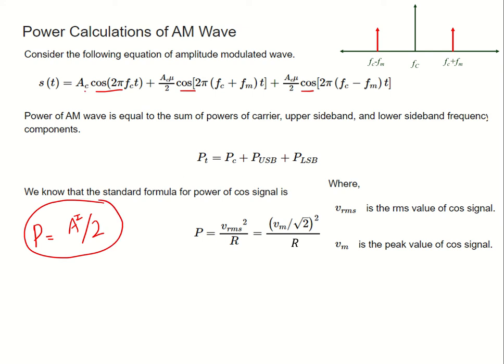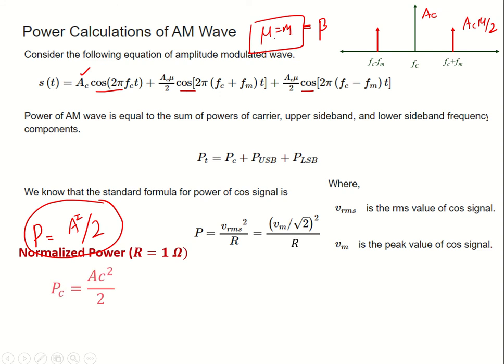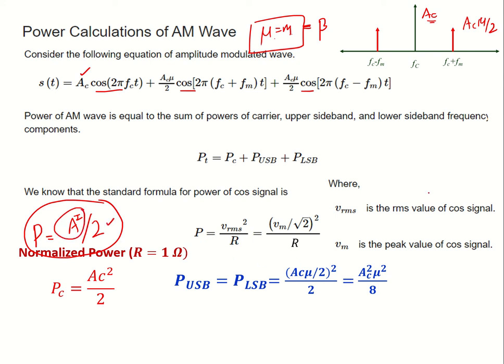Now here in this example, this is our carrier, and the carrier has amplitude of AC, and the sideband has an amplitude of AC mu over 2. So mu is basically the modulation index. Mu or m, as I told last time, we can use different variables for this: mu, m or beta. So the normalized power of the carrier will be amplitude square of carrier divided by 2, and the power of the sideband, if you want to calculate, will be its amplitude square, which is basically AC mu divided by 2, squared, divided by 2. The same formula, amplitude square divided by 2, is the power calculation.